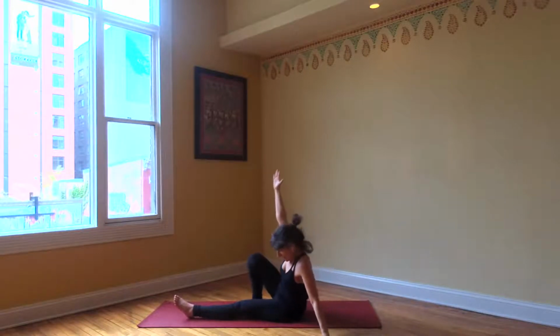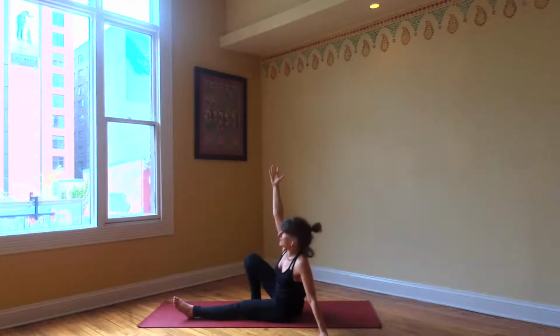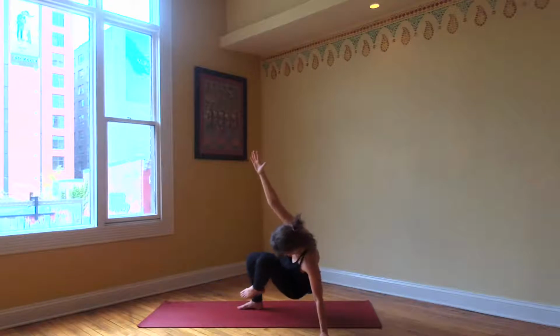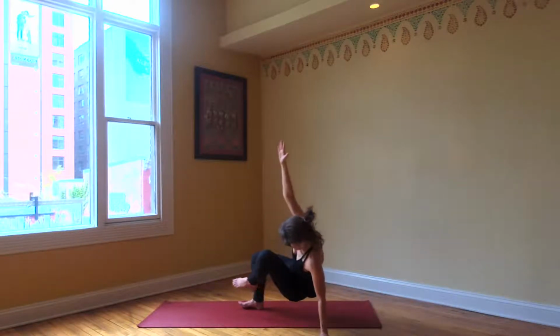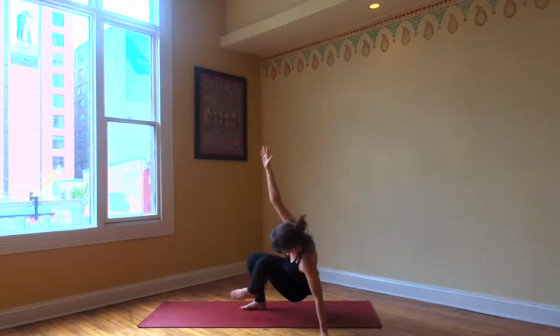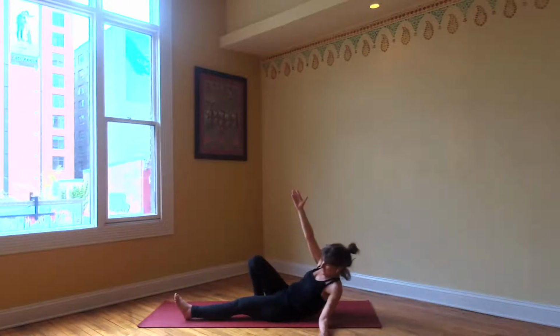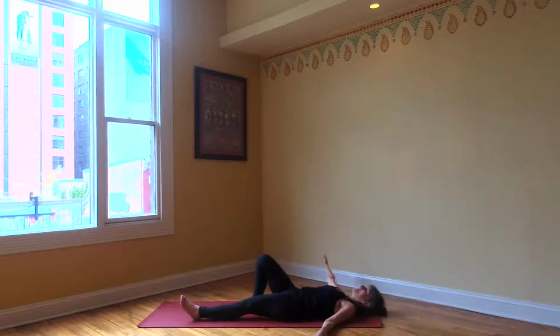Or you can straighten that arm, push down into the left hand, right hand still up, and see if you can lift the left leg, pull the knee in towards your nose. And then we'll extend the leg back out, come back down, come onto the elbow, roll on down, and